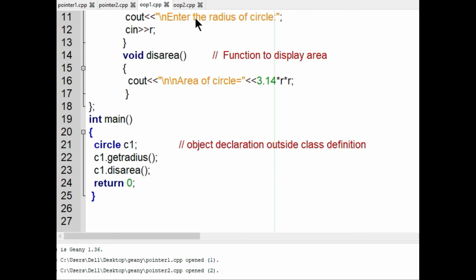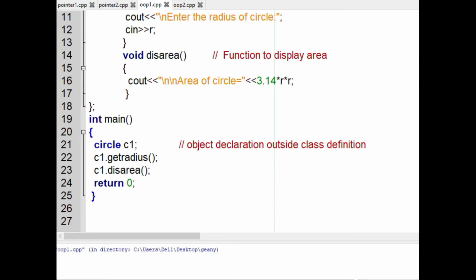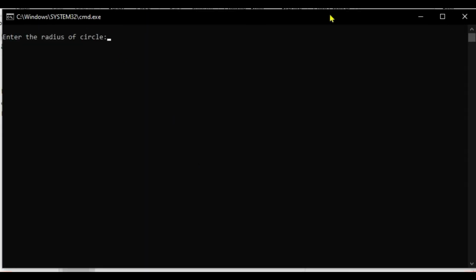Now we want to compile the program. So I am compiling the program. Compilation is successful. Next I am going to build the program. Building the program is also successful. Next I am going to execute the program. So this is the output window. Here we are asked to enter the radius of a circle. I am going to enter the radius of a circle as 4.5, and I am pressing the enter key. See, the system has displayed the area of a circle as